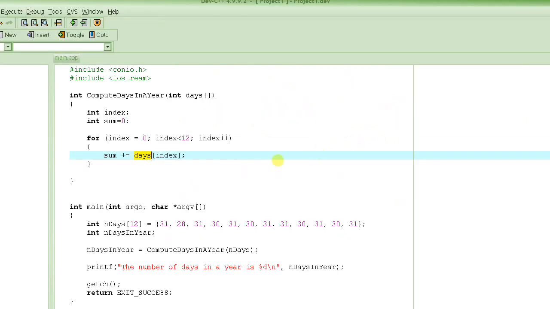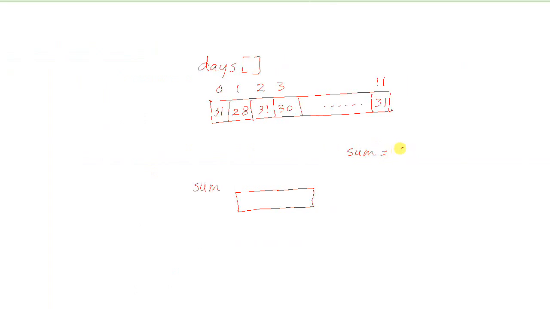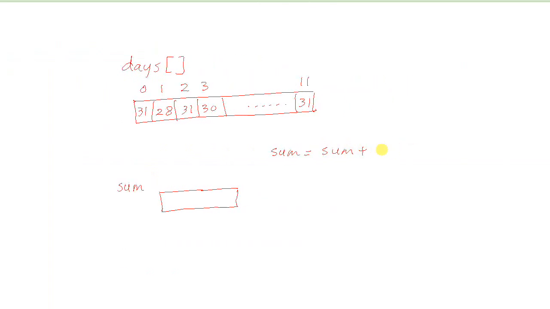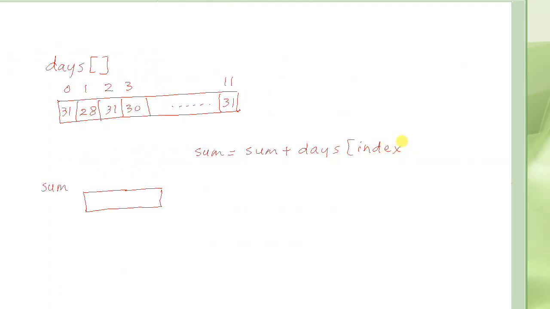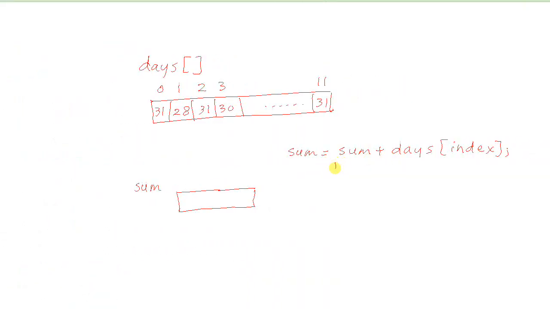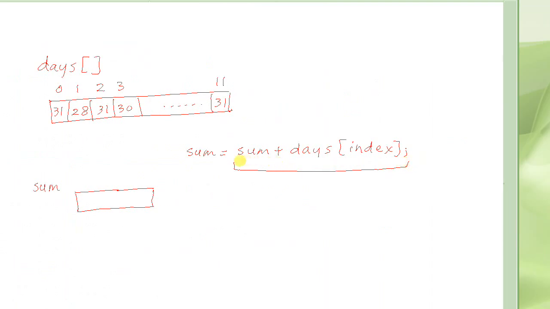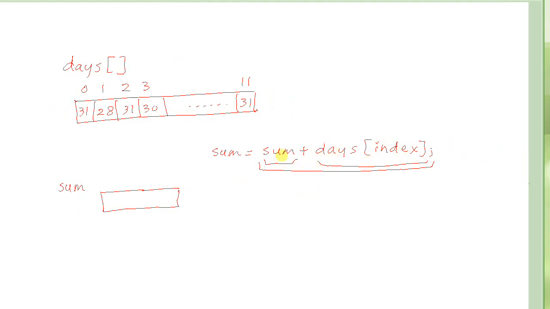And this statement is the same as, let me write this statement right here, sum is equal to sum plus days of index. This is the same statement as this, and what it says is add the current value of sum to this element, which is indexed by this variable index, for different values of index, and keep adding them and storing them back into sum so that it can be used for the next iteration